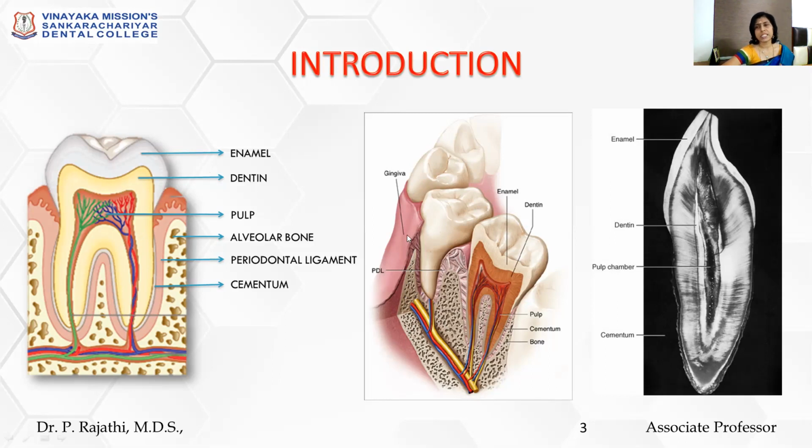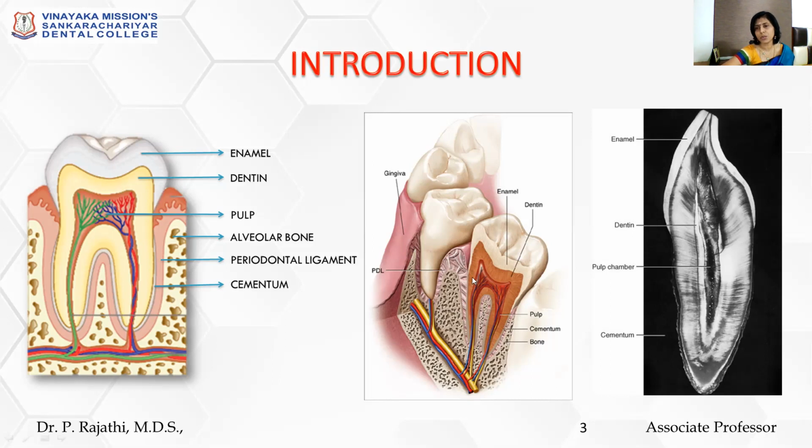So hard tissues are studied basically by two ways. One is by preparing ground sections. The other one is by preparing decalcified sections. So hard tissues are ground to the thinnest sections and viewed under microscope to study their structure. That is, to study the direction of enamel rods, S-shaped dentinal tubules, and cellular and acellular cementum. All these can be studied in the ground section of the teeth where you are grinding the tooth.